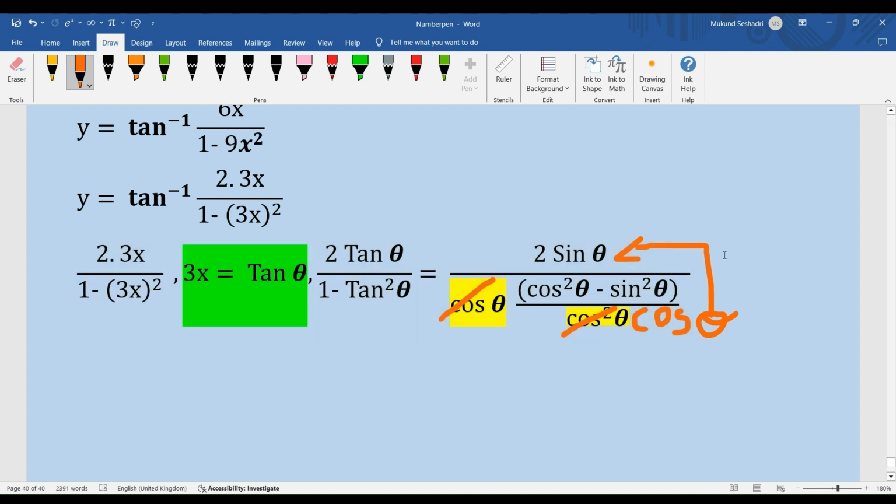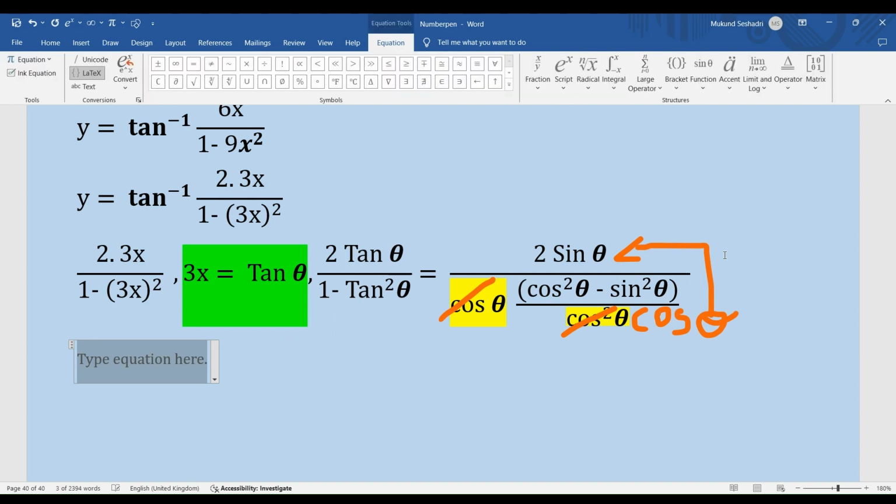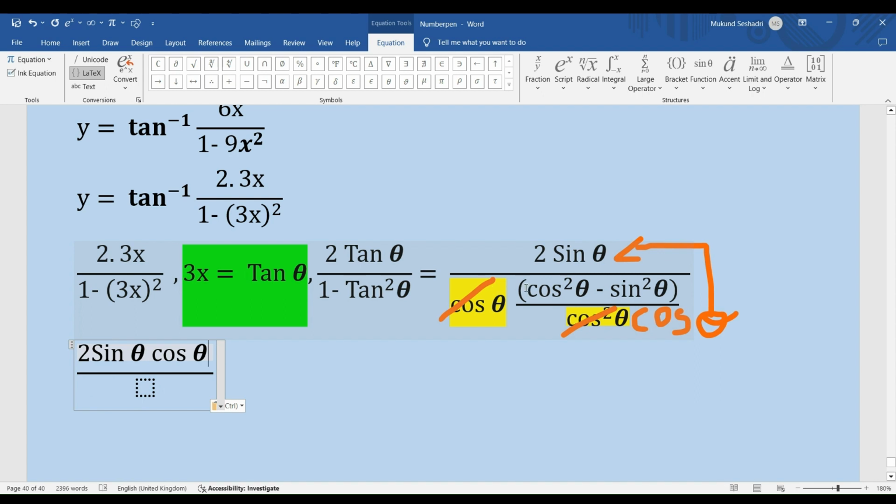So then I'm left with, let me move to the next line, right? When I move the cos theta to the numerator, what am I left with? I'm left with 2 times sine theta cos theta divided by, this term remains as it is, cos square theta minus sine square theta. And now